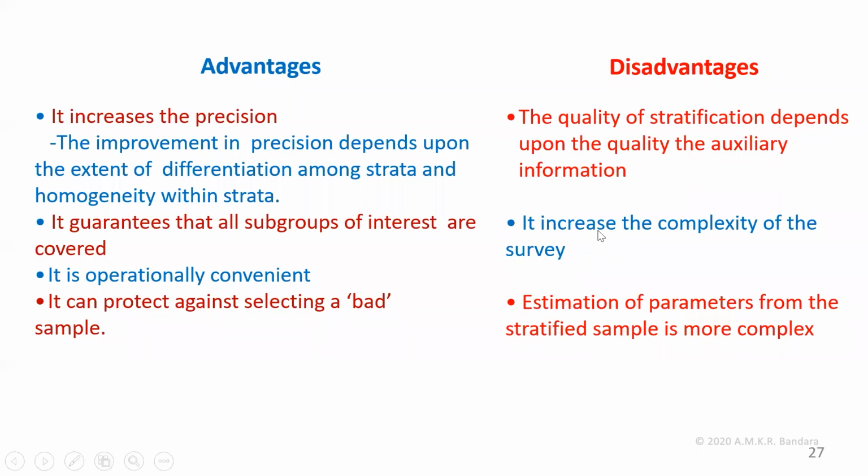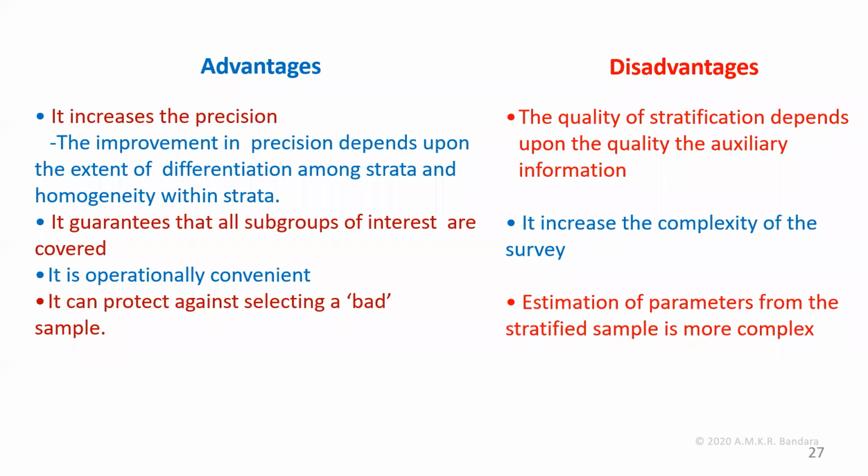So this is somewhat more complex than simple random sampling. In simple random sampling, what we need to do is get a list, then simply select the required number of individuals from that list. Here we need to divide that list into groups according to another variable. Then draw individuals randomly from each list separately. So it is somewhat tedious.